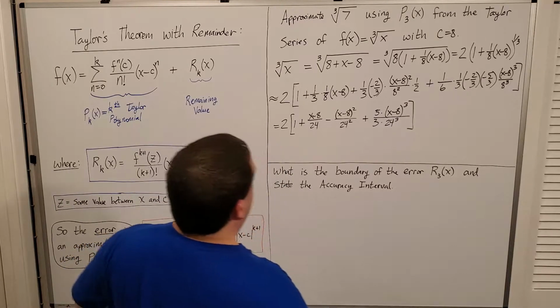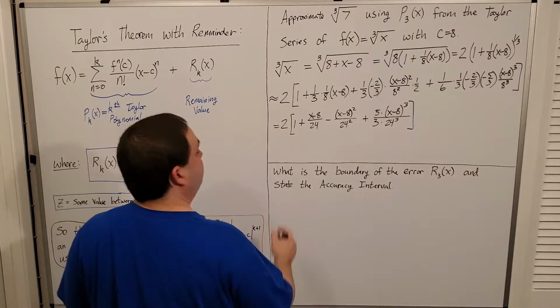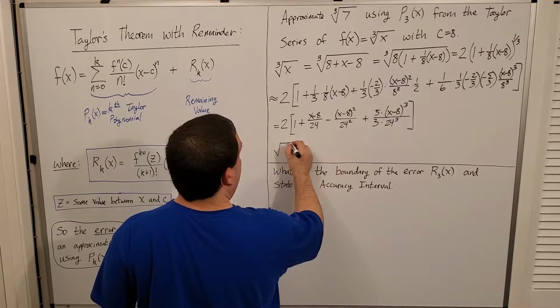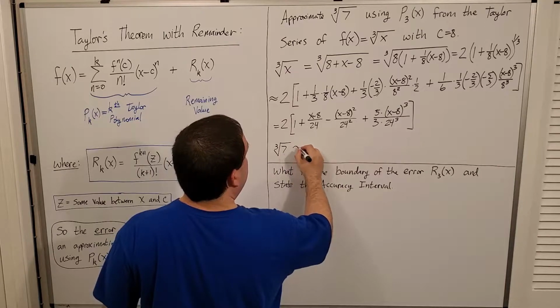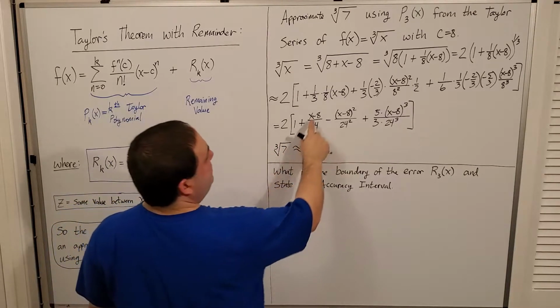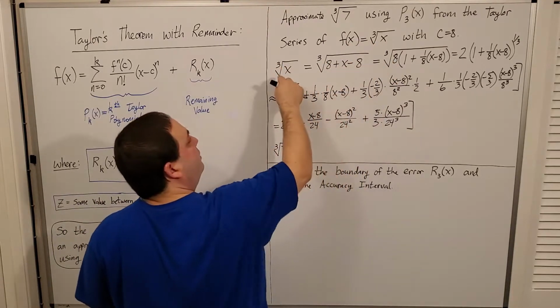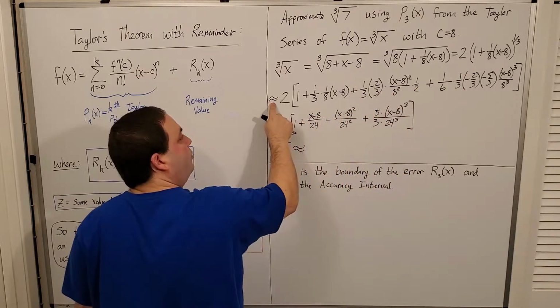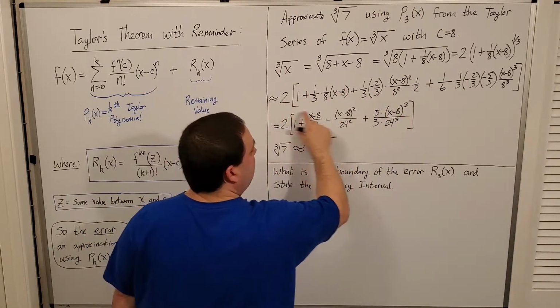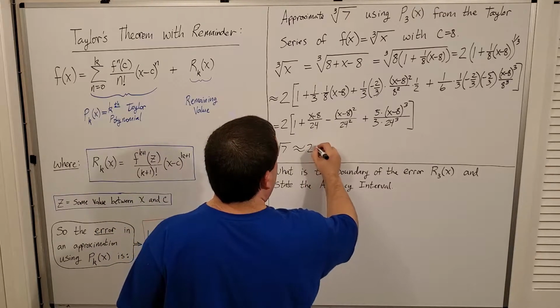Okay, so now what I'm going to do is actually approximate the cube root of 7. Okay, so the cube root of 7 is approximately. And then basically all I'm doing is plugging 7 into my function here, right? Cube root of 7 here. But by plugging 7 into that, it's approximately equal to plugging 7 into this. So it's going to be approximately equal to 2 times